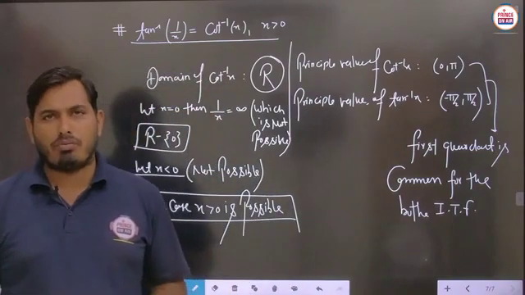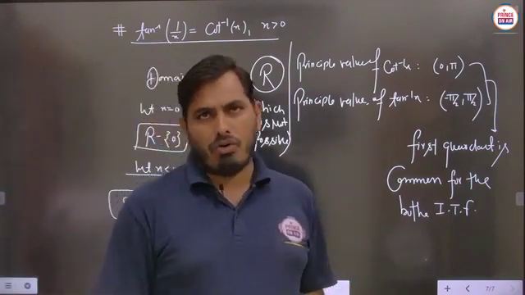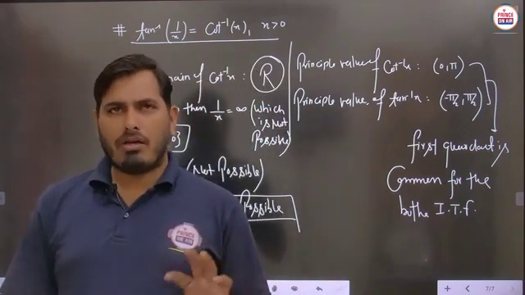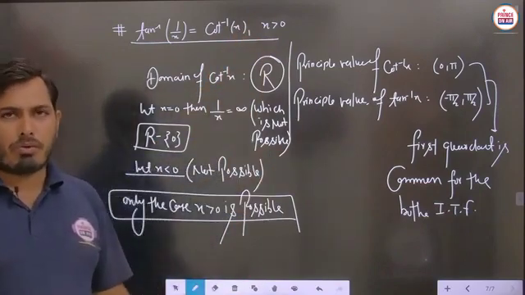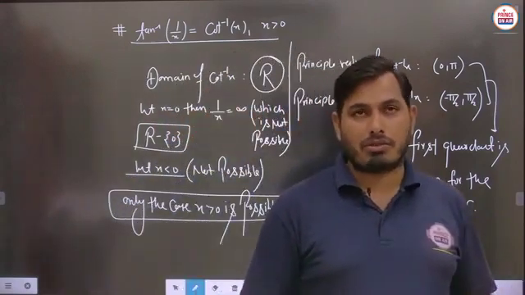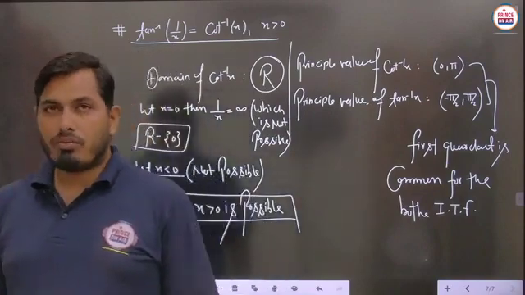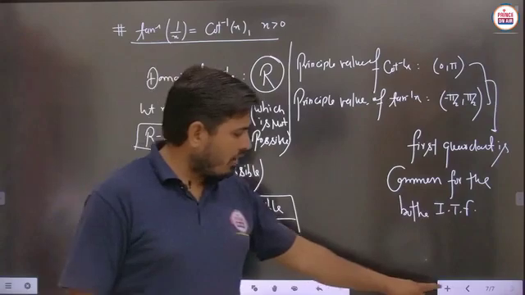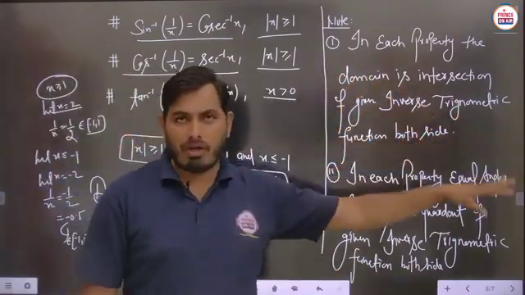99.99% of questions are given where the domain is satisfied on either side. So the domain is automatically satisfied in the questions of NCERT. So if you are not considering these types of situations, then there should be no problem. But for competition purposes and for any other exams, basically we have to know about this part. Such kind of explanation is not given in your NCERT also, but I will tell the two important notes we have to keep in mind, because we have to check the condition.